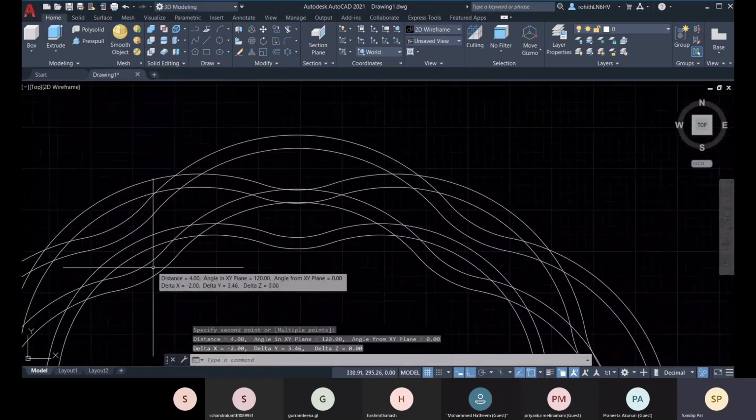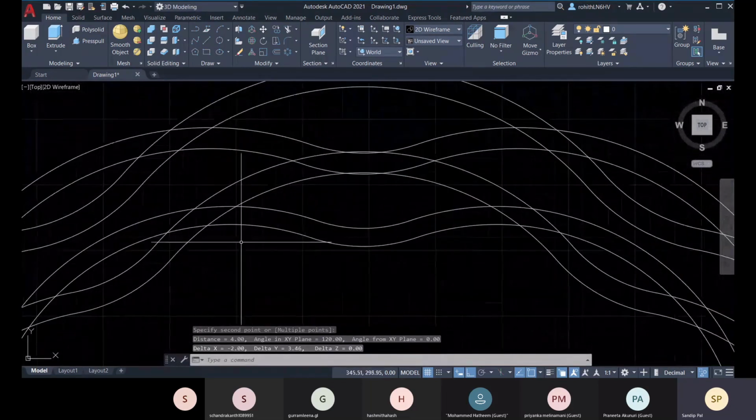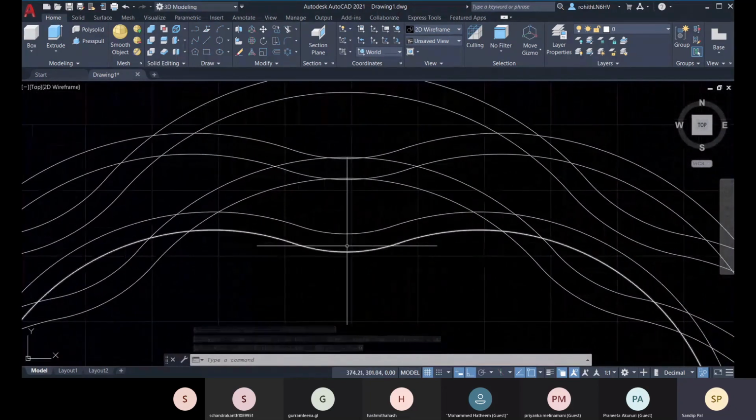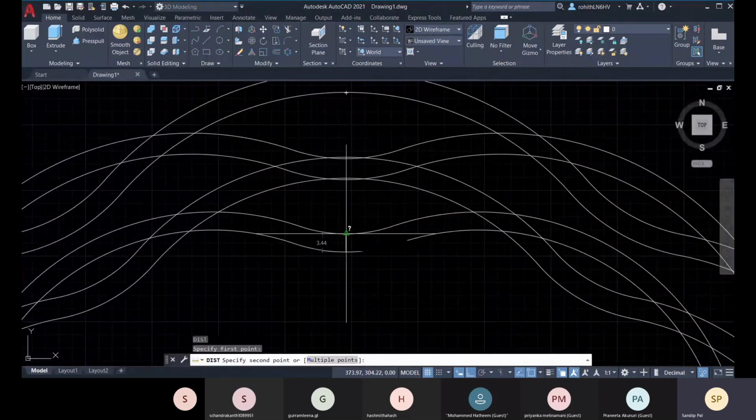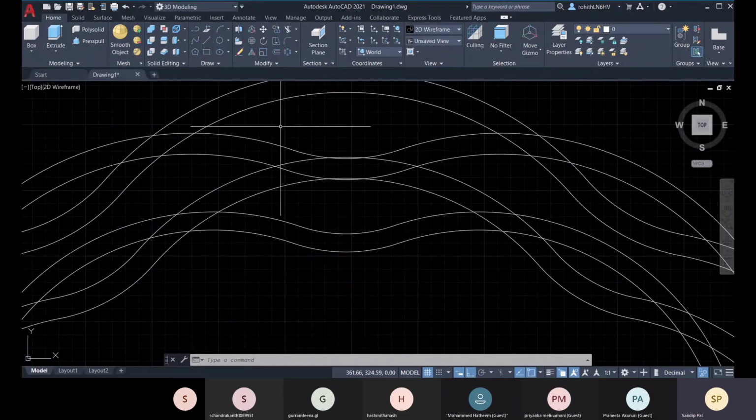Okay, so you have to maintain this width. You have to maintain that width. And for this also, go with the distance. So 3.44 is the distance, and that you have 0.28 offset.